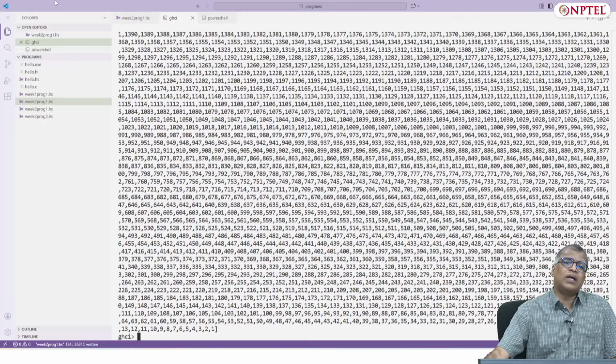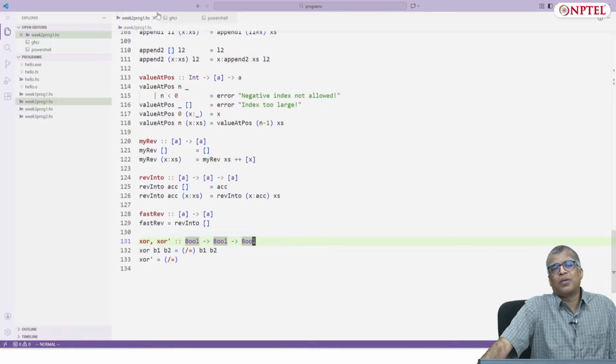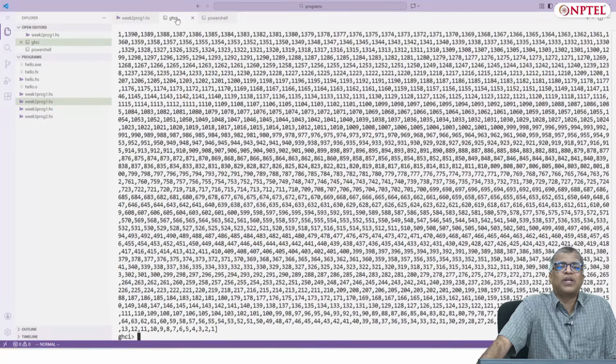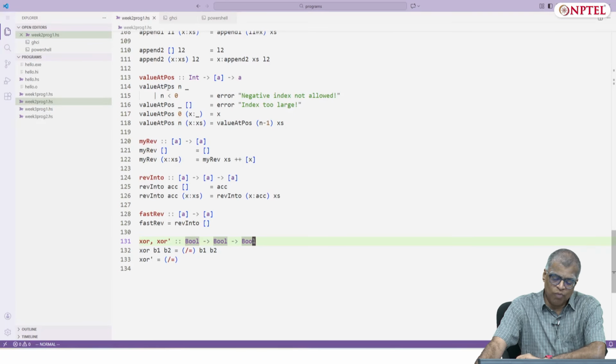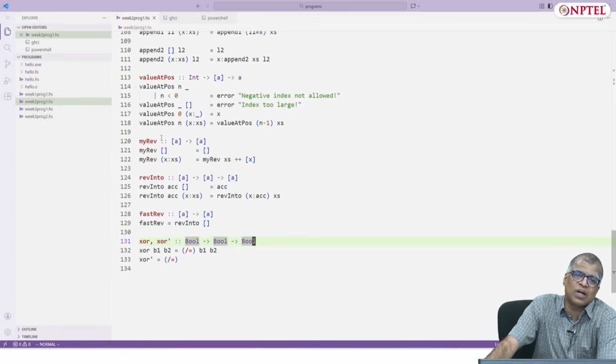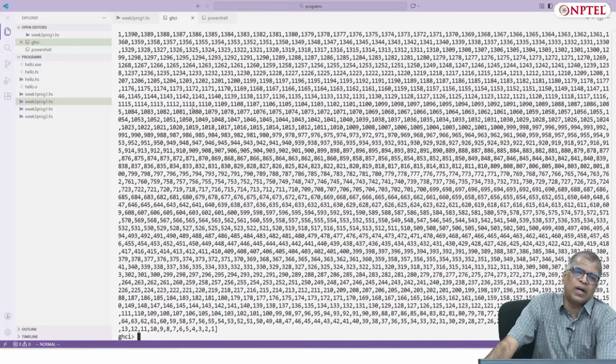So this already tells you that the aim of this course is not just to learn programming in Haskell, but also to appreciate various trade-offs in programming, and one of the main things you want to learn is to measure how well a program performs. And you can see that this really starkly tells you the difference between n squared and n.